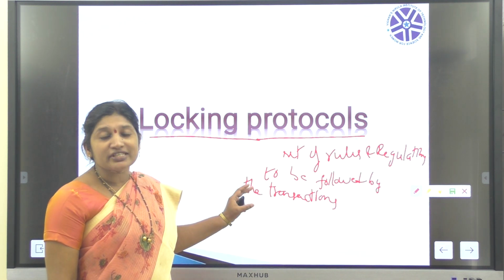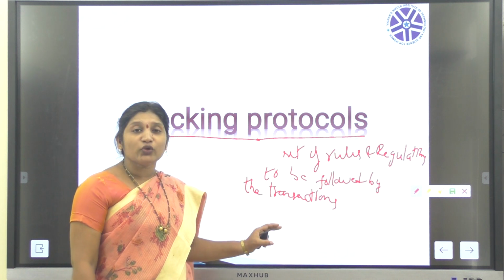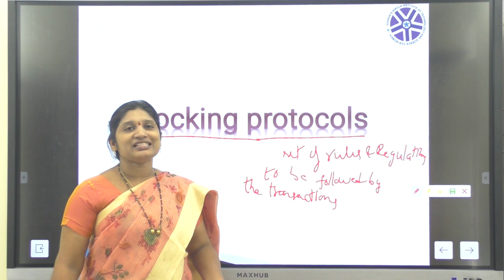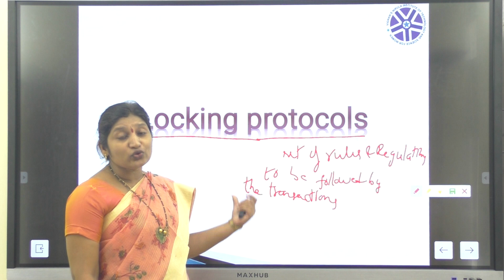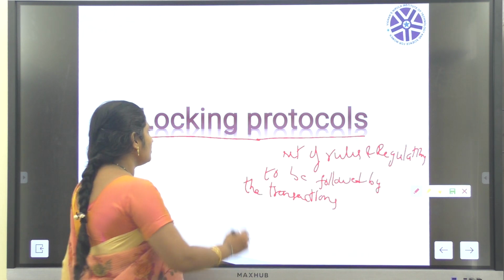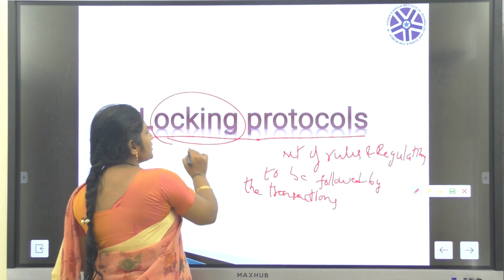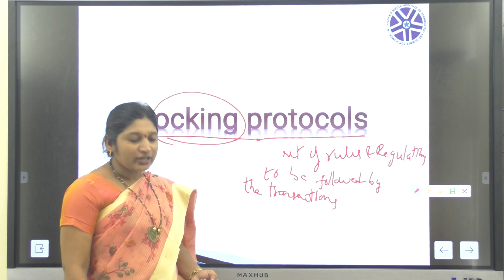The set of rules and regulations that our transactions must follow to ensure concurrency control while using this locking mechanism are called locking protocols.